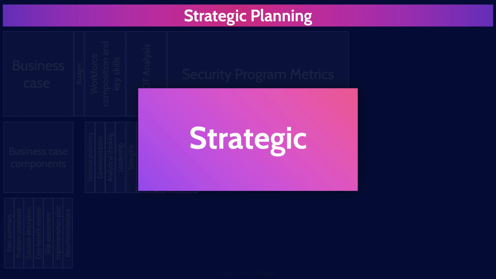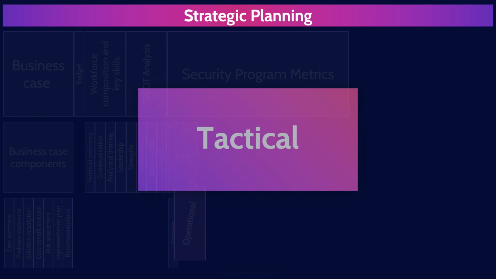These metrics typically span multiple quarters or even years, tracking trends in security maturity, risk reduction, and value creation. Examples include security investment, ROI, time to detect advanced threats, and security's contribution to business enablement initiatives. Operational KPIs track day-to-day security activities and process performance, such as patch compliance rates, incident response times, and vulnerability remediation speeds. Tactical KPIs measure immediate security activities and control effectiveness, including firewall block rates, malware detection counts, and user training